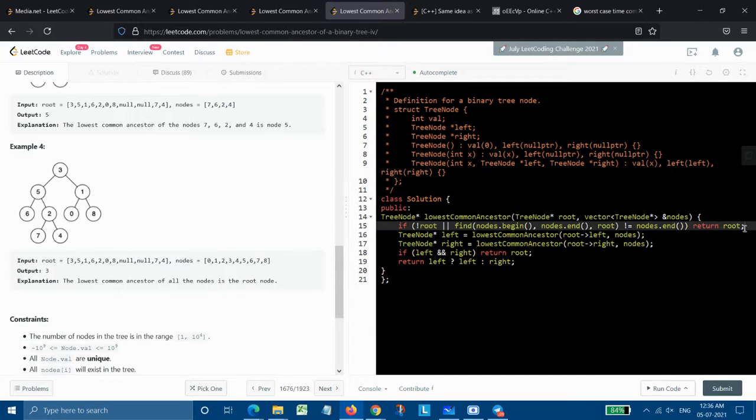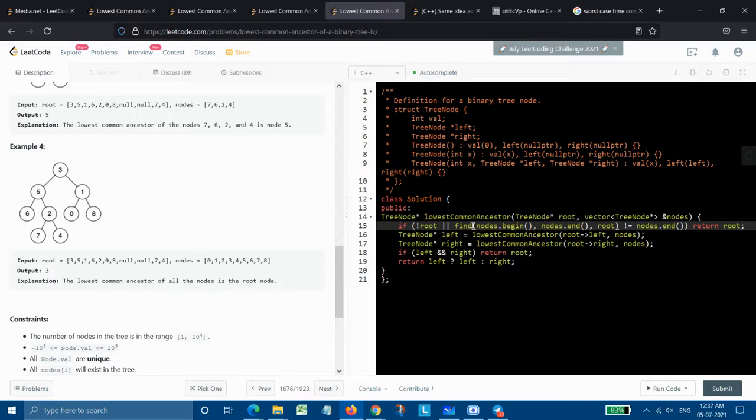That means when we will be returning root, then it will be automatically returned as null. Here I have used the find function of the vector, and its time complexity is simply order of n. We could have used an unordered set also, but in an unordered set, if it's not in its worst case, then it's simply order of 1. But in its worst case, it's again order of n only.